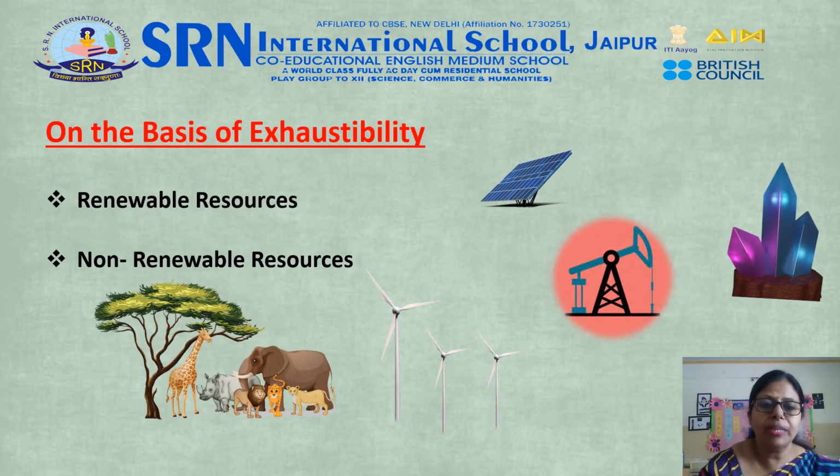On the basis of exhaustibility, renewable resources and non-renewable resources are there. First, we will know about renewable resources. The resources which can be renewed or reproduced by physical, chemical or mechanical processes are known as renewable or replenishable resources. For example, solar and wind energy, water, forest and wildlife, etc. The renewable resources may further be divided into continuous or